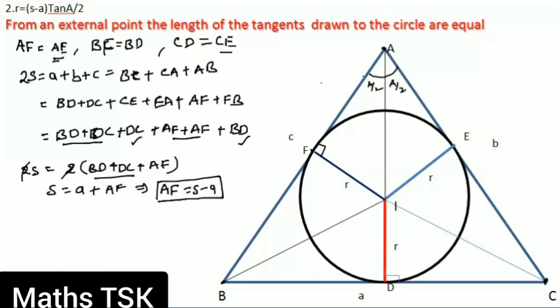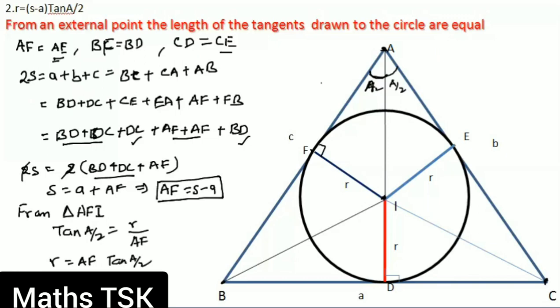Now come here, we need one angle, so I consider it as A by 2. Consider the triangle AIF. Triangle AFI is a right angled triangle. Therefore, tan A by 2 means opposite side IF, that is r, by adjacent side AF. Is it clear? This is the right angle, this is the hypotenuse, we need angle A, this side is the adjacent side and the opposite side is r. So tan A by 2 is r by AF, so I can write r is equal to AF into tan A by 2.